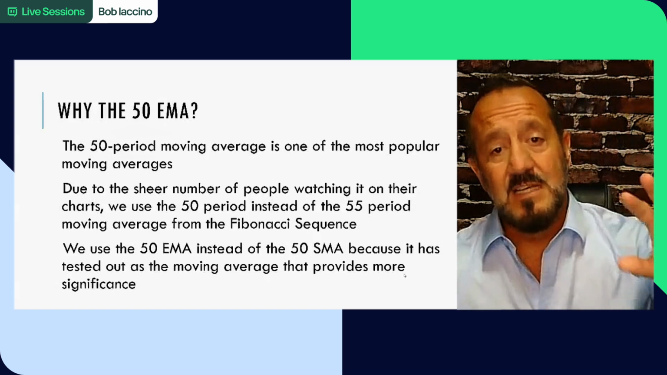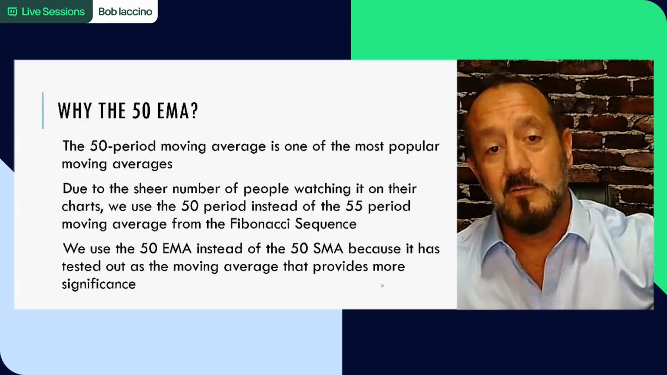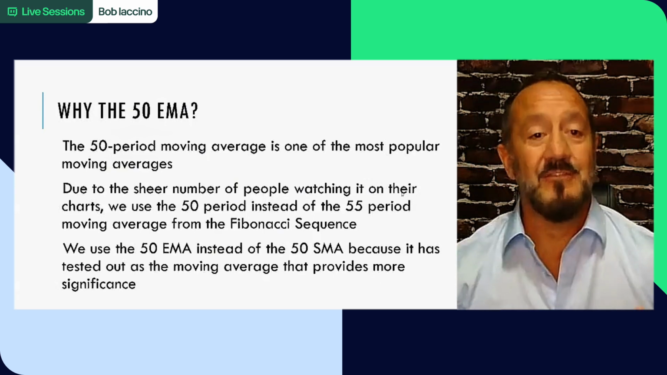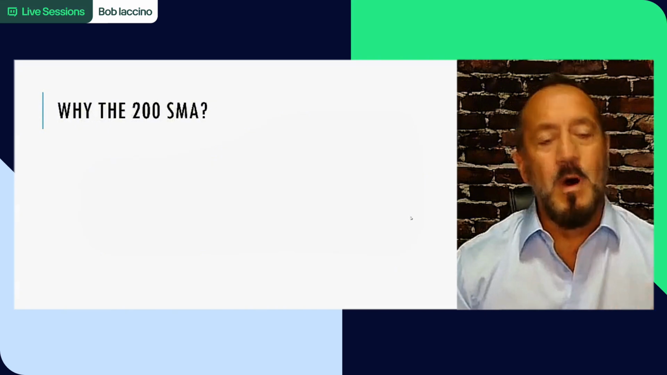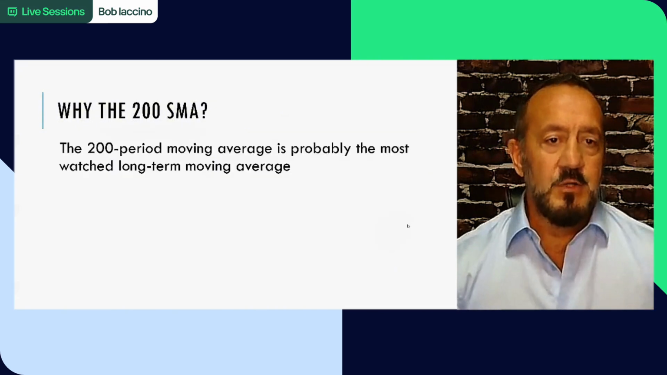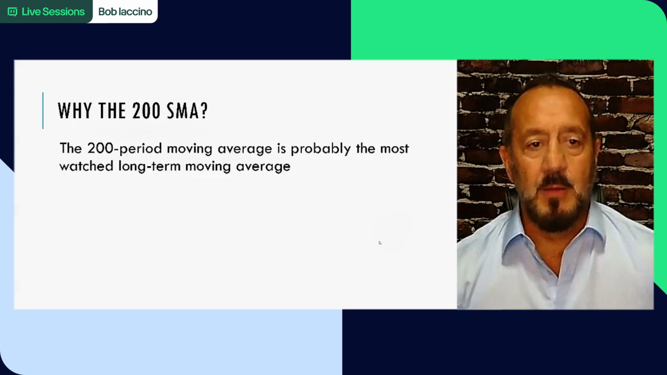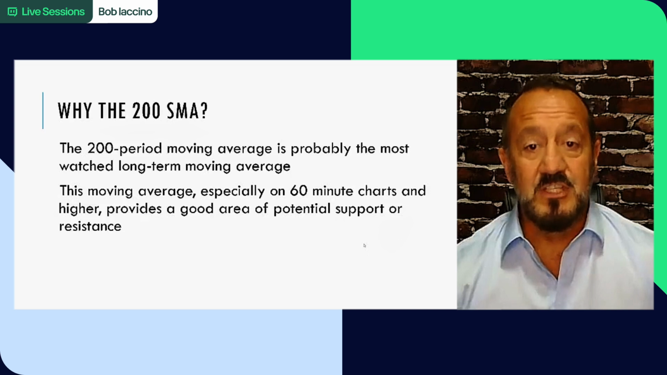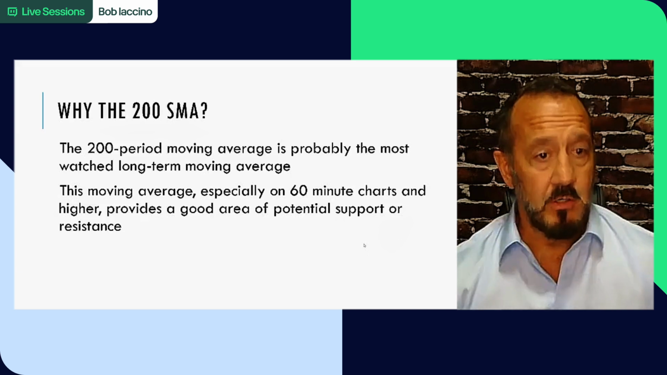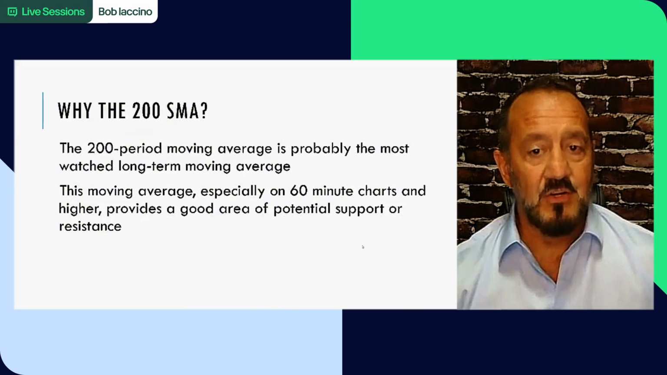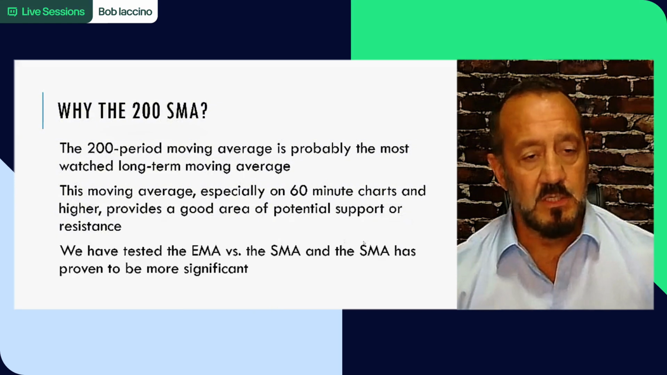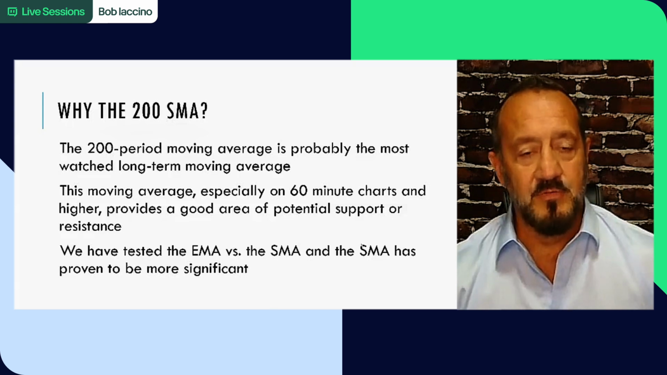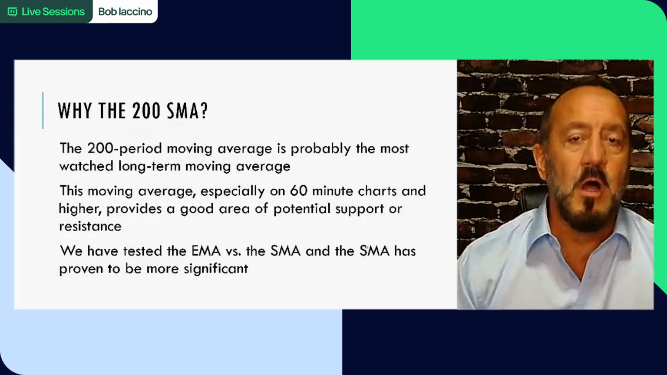And by the way, this testing happened 10 years ago. So really it's about 30 years of data now instead of 20 years, because we haven't changed them yet. Why the 200 simple? The 200 period simple moving average is probably the most watched long-term moving average. This moving average, especially on a 60-minute chart and higher, provides a good area of potential support or resistance. We've tested the EMA versus the simple, and the simple has proven to be more significant in a 200 period